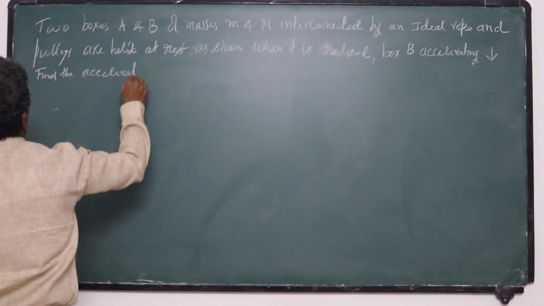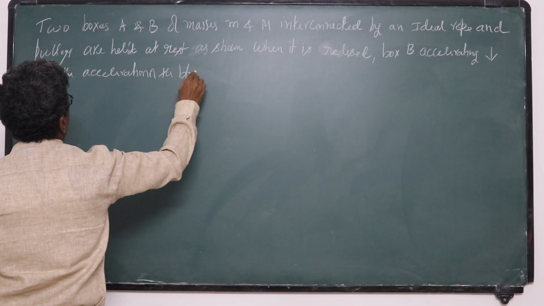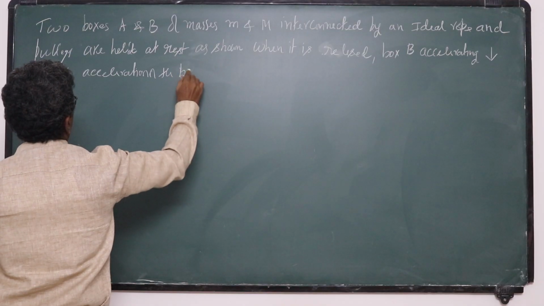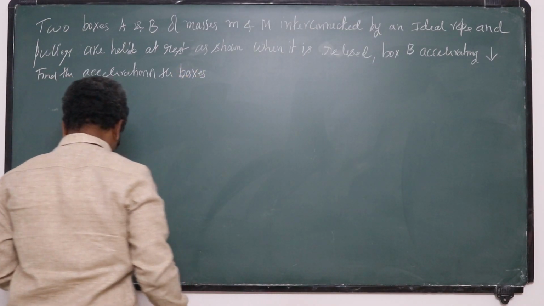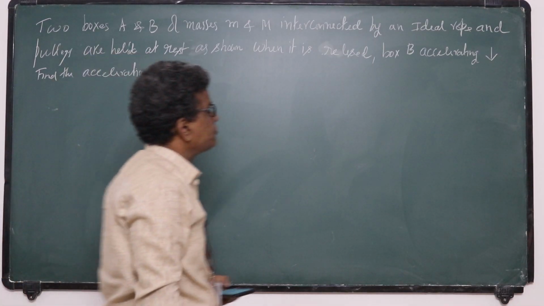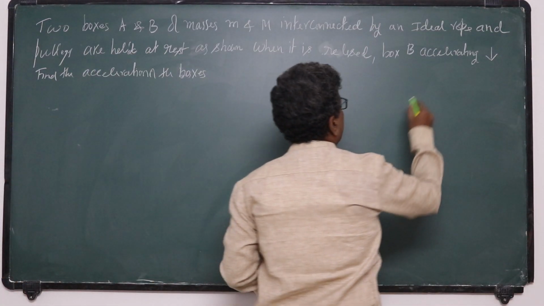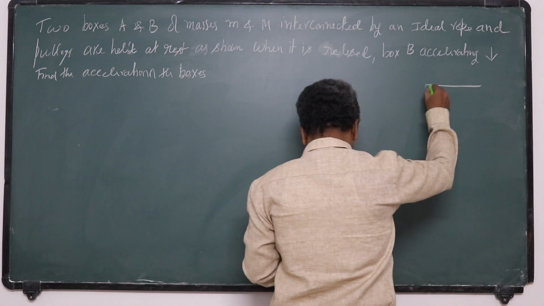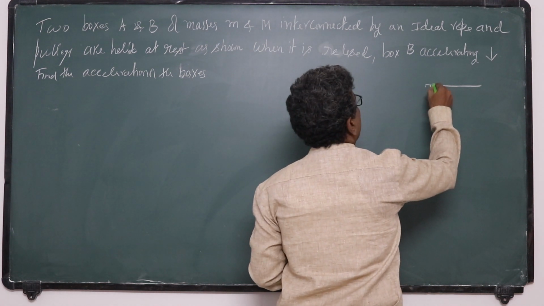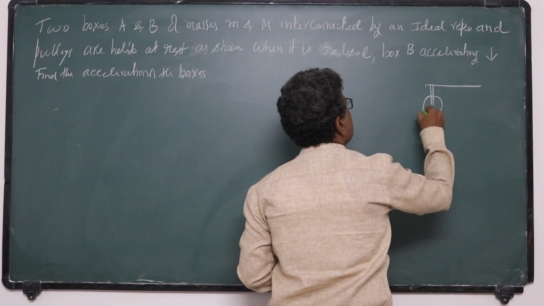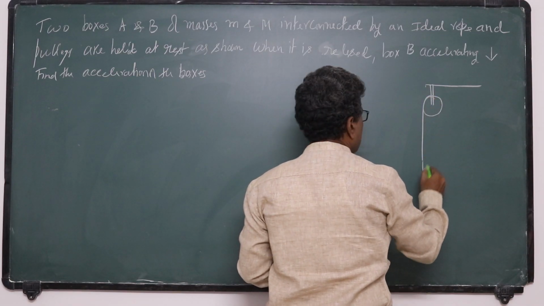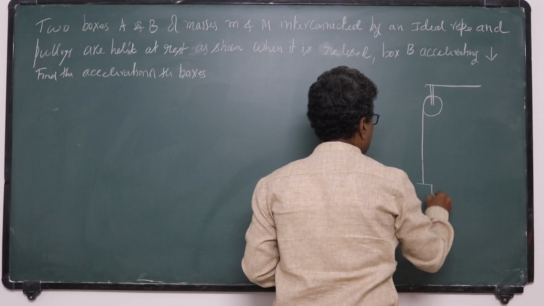Find the acceleration of the boxes, that is A and B. So this is the given diagram. Here there is a pulley. A string is passed over the pulley. A box A is connected to it,